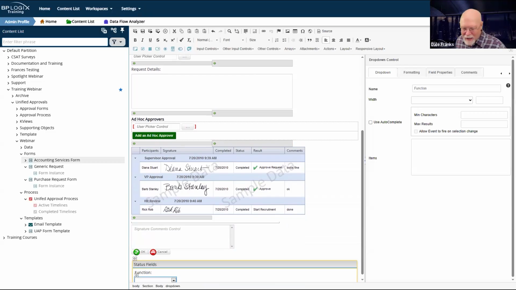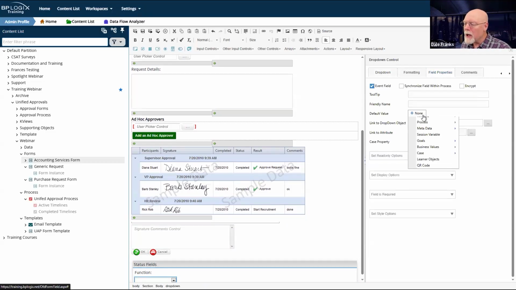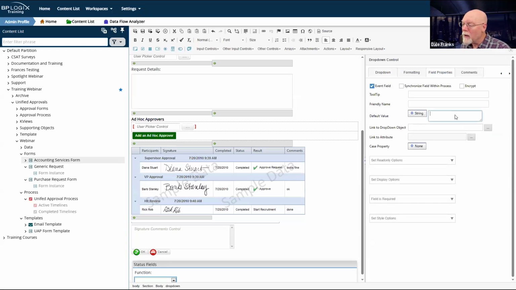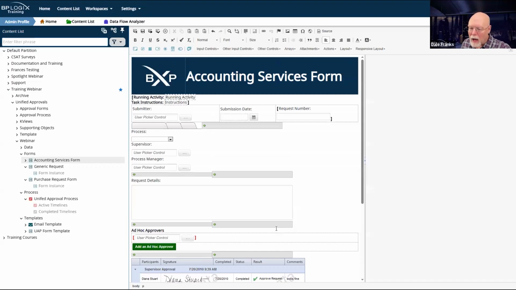And once again, I'm going to select the function field, and I'm going to go back in and set that default value. And that default value for this field is going to be AC for accounting. And now I've got an accounting services form. Now, obviously, I would go down here to the details tab and I would add the array that I need and my sum field for the total amount and all of that other stuff, because pretty much all of my accounting fields are going to need that.